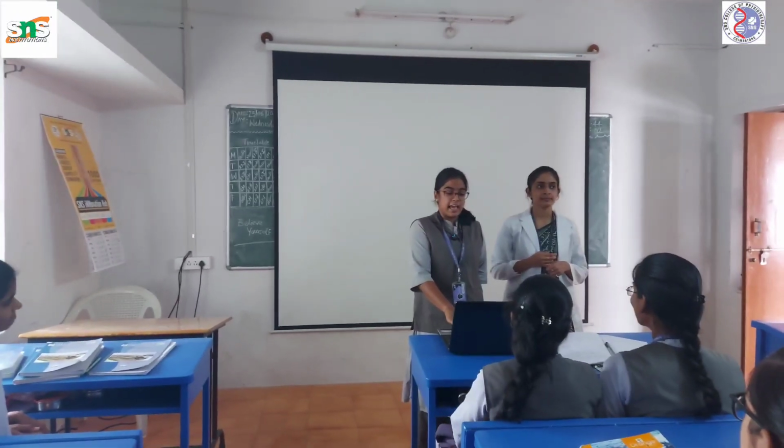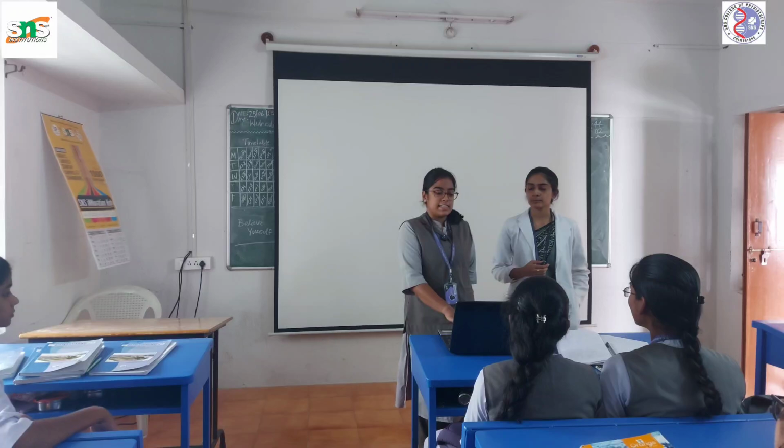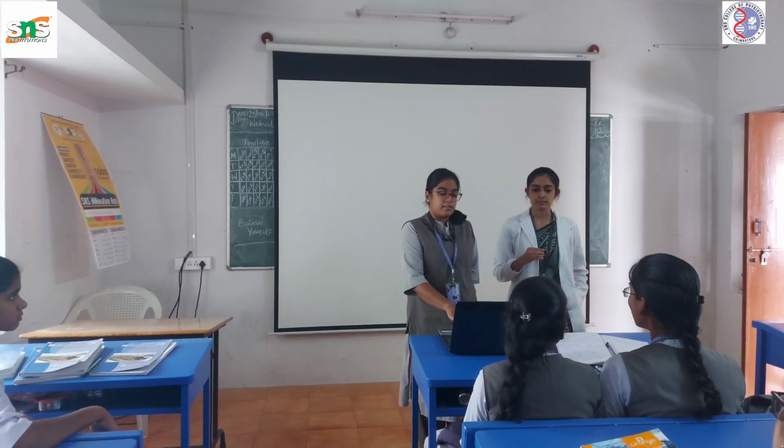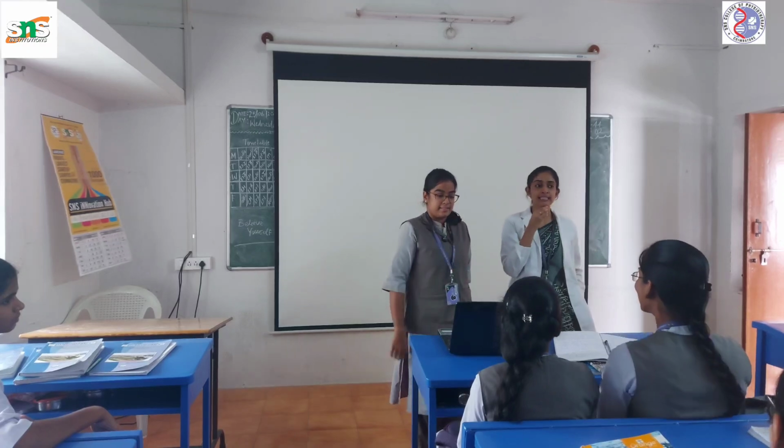The next question: which clinical feature is characteristic of early TB spine? The options are A. Severe deformity, B. Back pain with morning stiffness, C. Sudden paralysis, D. High grade fever. Option B, back pain. Okay, so option B, back pain with morning stiffness, is the correct answer.